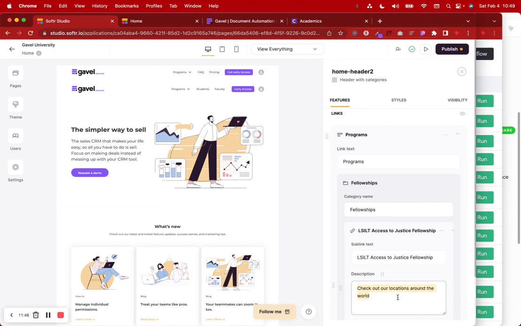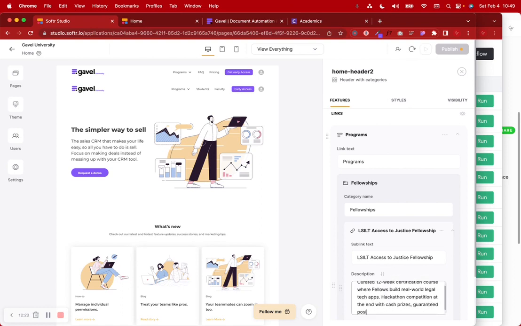I'm going to say curated 12-week certification course where fellows build real world legal tech apps, and you can say something like hackathon competition at the end with cash prizes,